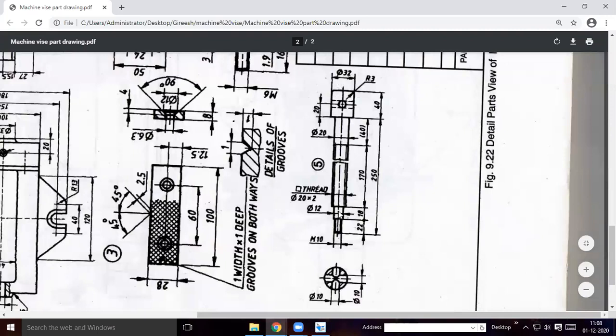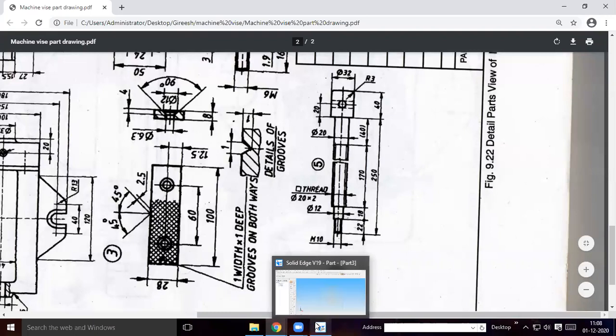The difference between these two is 12 minus 10, so it will be 1 mm at 0. Then 18 mm. The difference between these two is 20 minus 12, so it will be 8, so on one side it will be 4 mm. From end to end it will be 170 plus 40, so it will be 210. Again the difference between these two is 32 minus 20, it will be 12 mm, so 6 mm on this side. This is 40 and this will close as 16 mm.